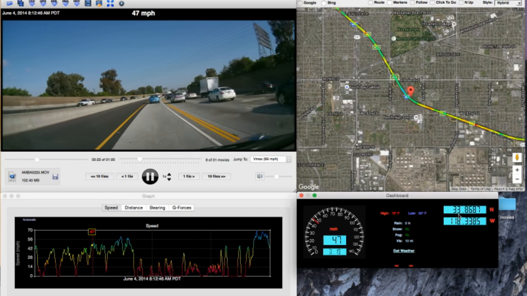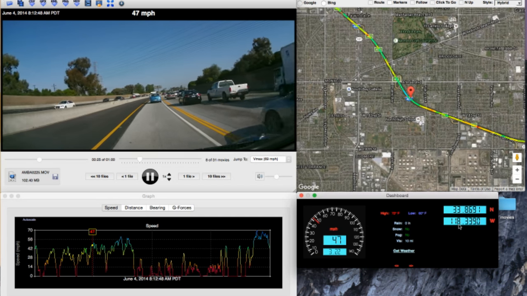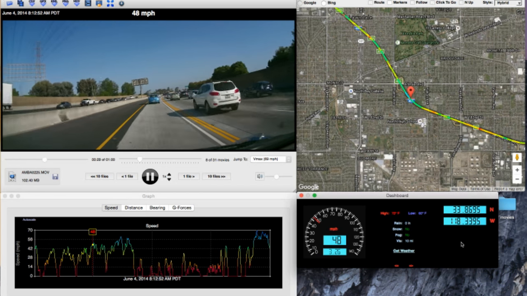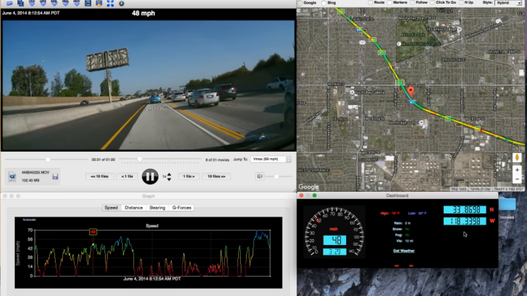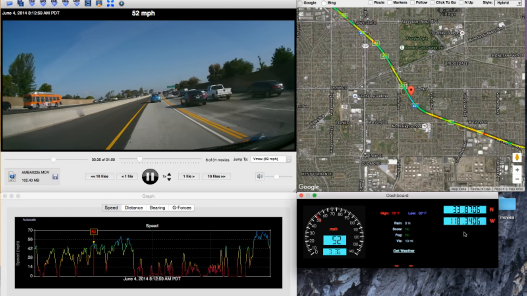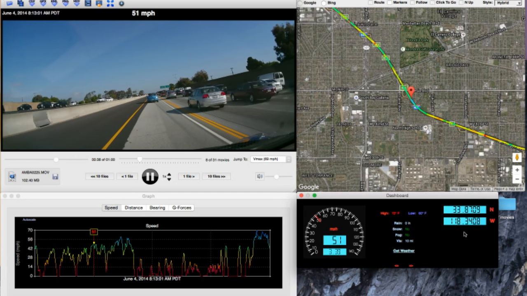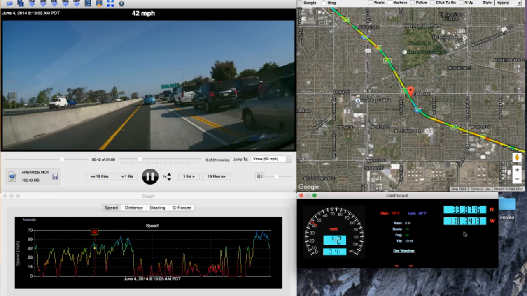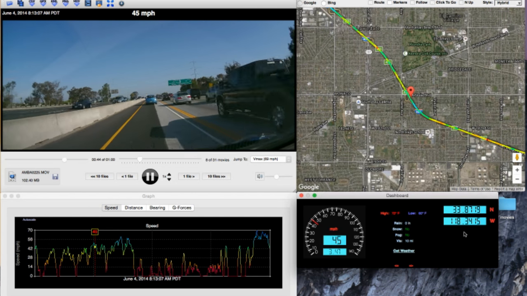Over here on the right is the latitude and longitude display. Now some dash cams give you additional information. So for instance, you may get the altitude or number of GPS satellites in view or GPS accuracy. This particular dash cam is a Mini 0801. It doesn't record that data in the record. However, in fact, I'll show you a